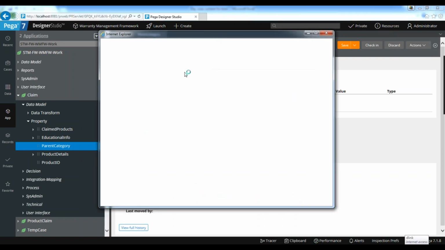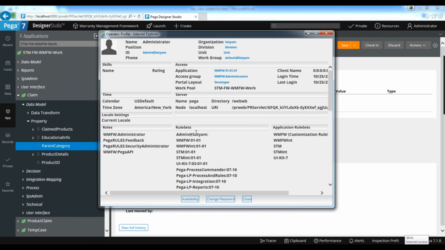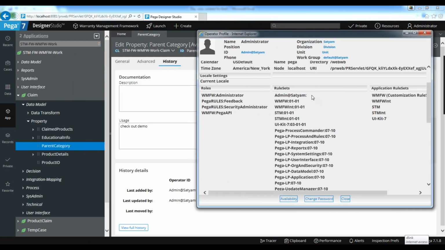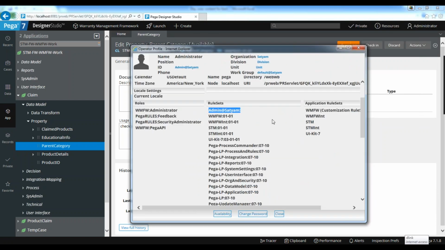In the stack, this is the runtime stack of the user, you can see this is your personal rule set. The personal rule set name is your operator ID itself; it takes the operator ID as the rule set name. Whenever you check out, the rules will be stored here until you check in.